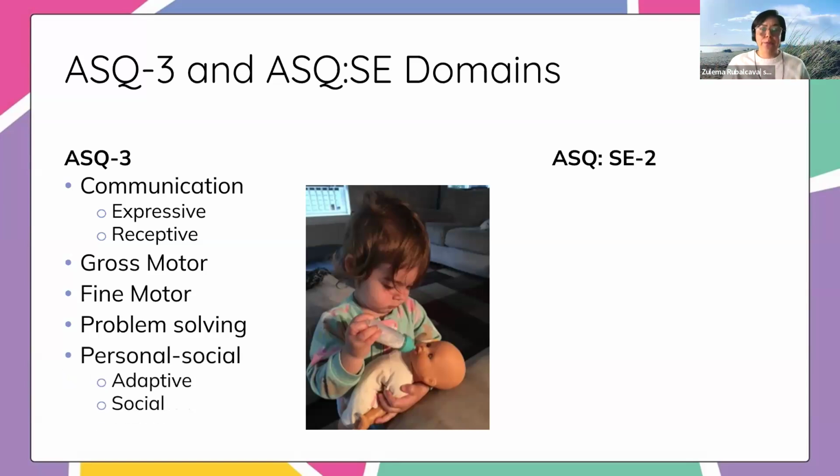It also looks at personal social, which sometimes people think is social emotional, but it's not. It's a part of it. It's a small area in the social emotional development, but it looks more at those self help skills, how children are adapting to the people around them, right? So it looks at how they're able to be independent, moving towards independence, which is one small area of the social emotional development, but it's really self-help skills.